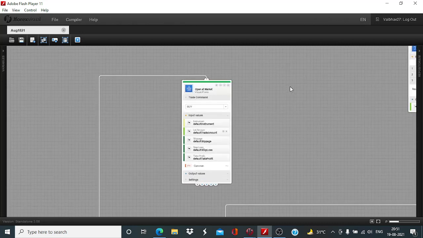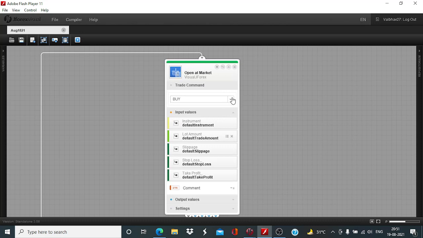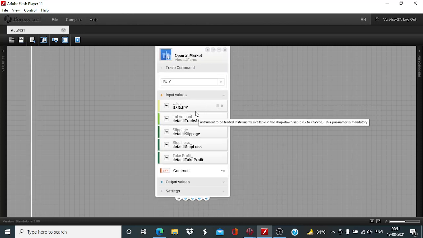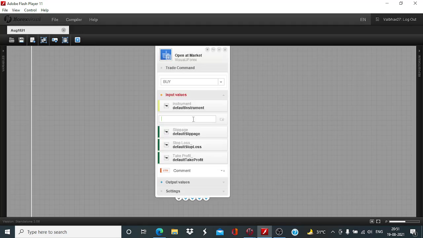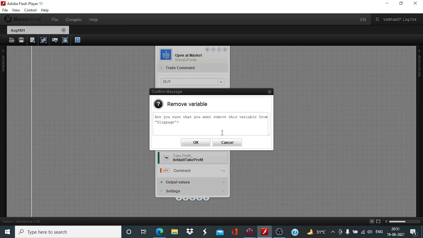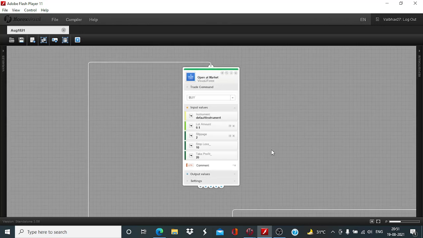Coming to the defining of parameters for the trade command block, there is going to be a buy trade, so no changes. Default instrument USD JPY, trade amount I will change to 0.1 million. Slippage 2 pips is good enough. Stop loss, since we are dealing with the lower time frame, I think a stop loss target ratio of 10 to 20 should be good enough, bringing us a risk reward ratio of 1:2. So here we will have this,